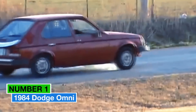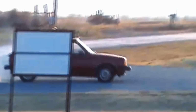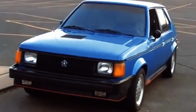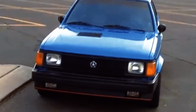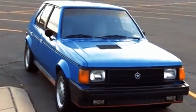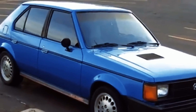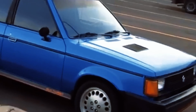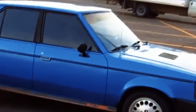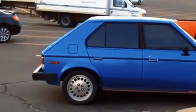Number 1. The Dodge Omni was Chrysler's attempt to offer a compact, fuel-efficient car to compete with the growing popularity of Japanese and European imports like the Honda Civic and Volkswagen Golf Rabbit. Introduced in 1978, the Omni was among the first American-built front-wheel drive hatchbacks. Although it saw initial success, the 1984 model became a prime example of the car's many